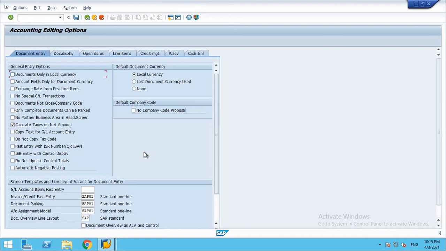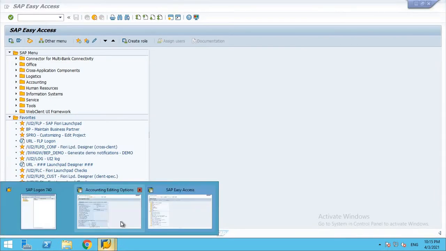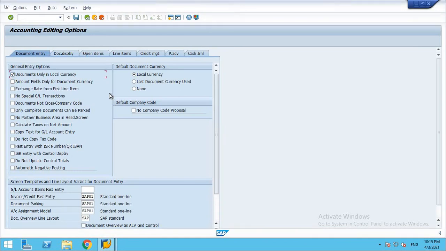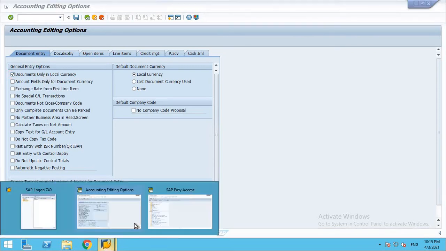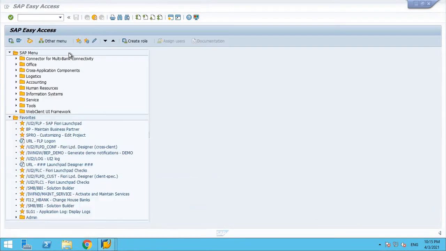Let me go with the first one, document only in local currency. Let me see what it will change in my document entry. The description itself says the document allows only local currency. First, I will remove this checkbox.